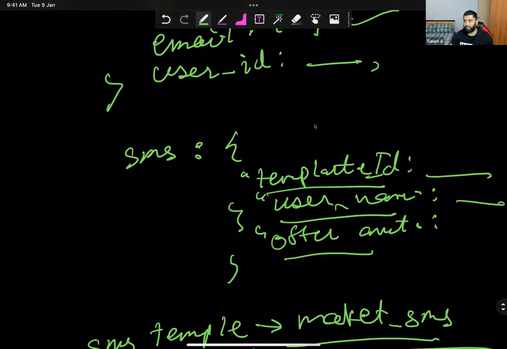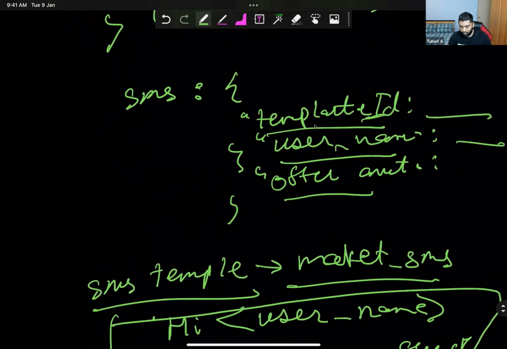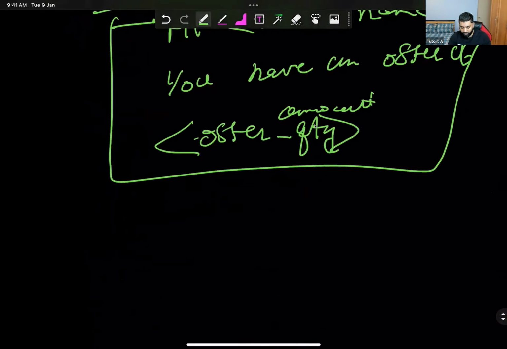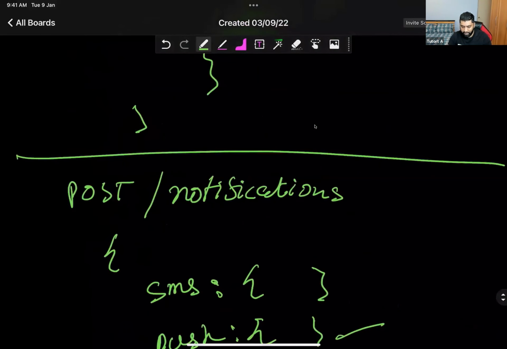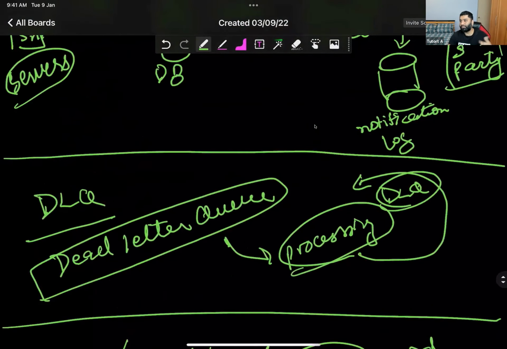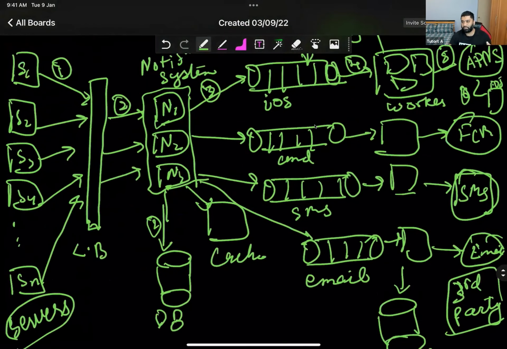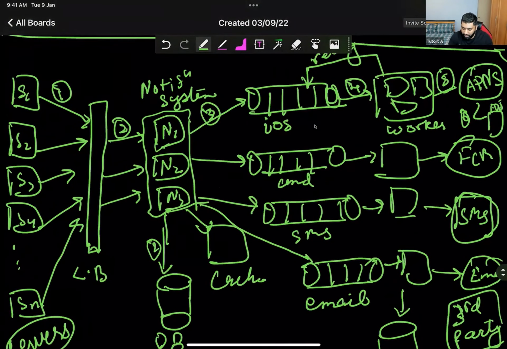Now, instead of passing the whole content directly, what you're doing is saying, okay, use this template. So now what happens is probably this notification system might have other APIs where you would allow them to create templates for SMS, email, and other stuff. And the worker, while sending out